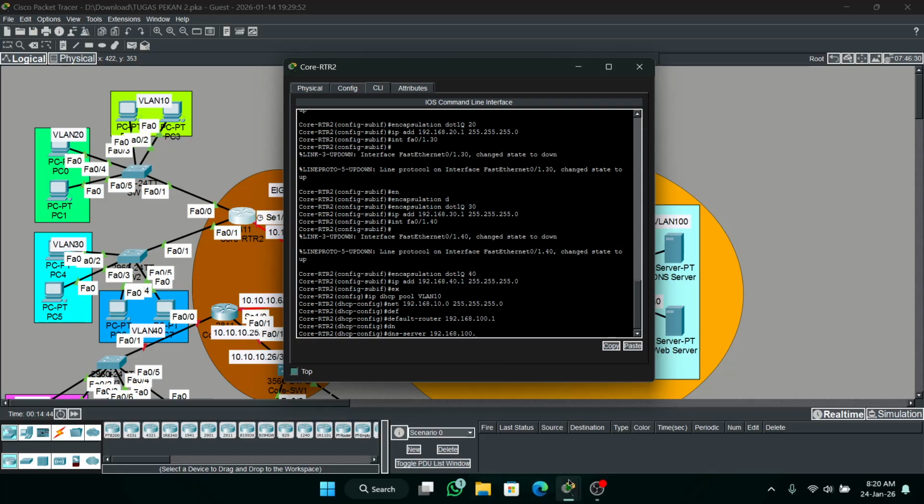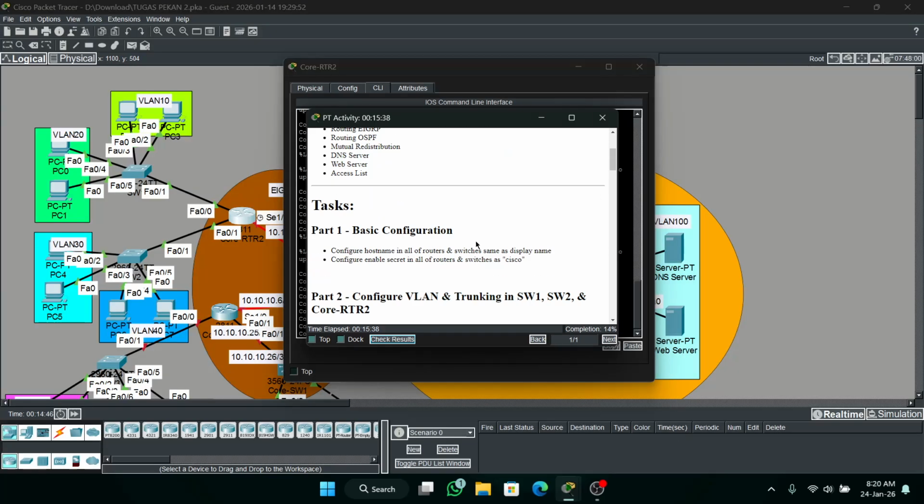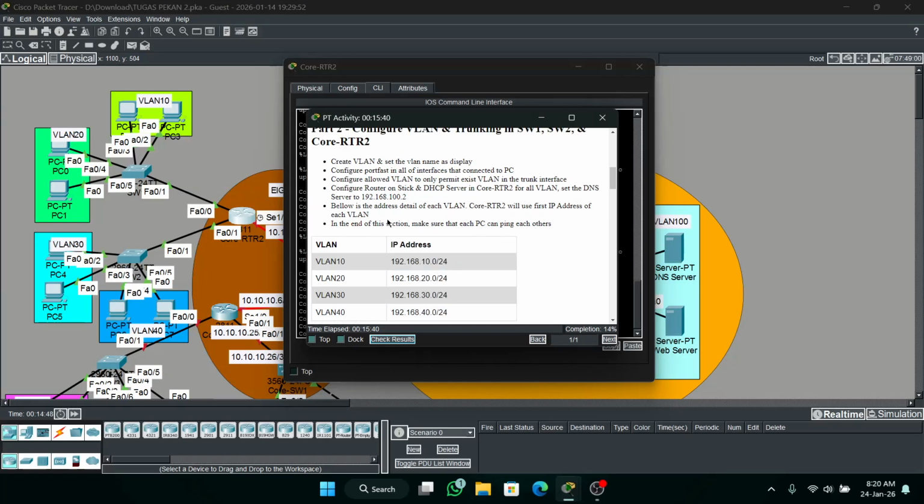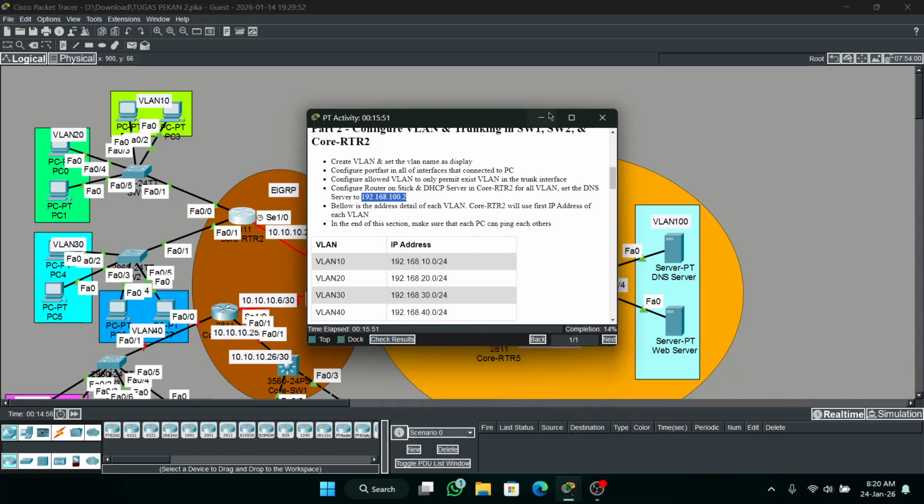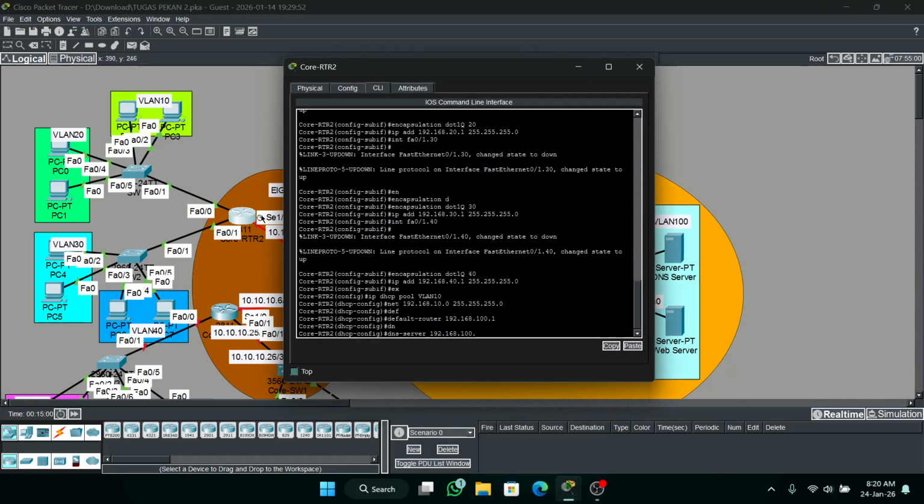Oh, you can see in the Packet Tracer activity here, you must configure the DNS to 192.168.100.2. Okay, 100.2.